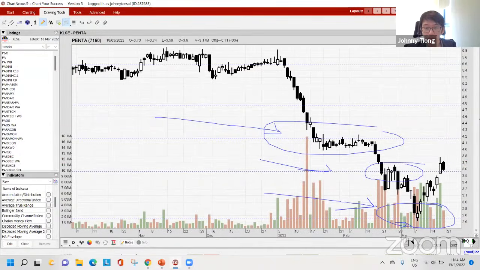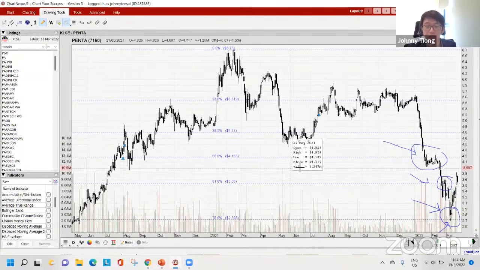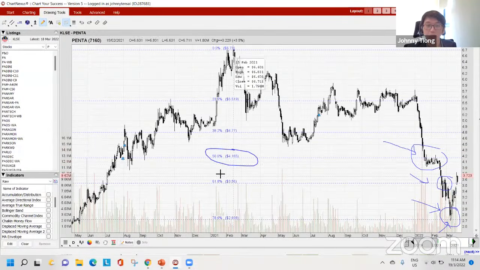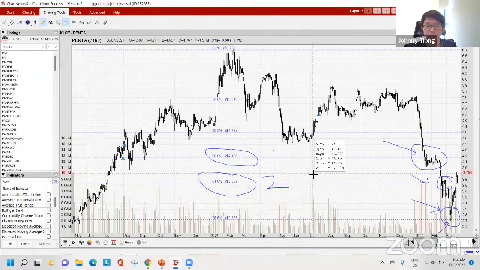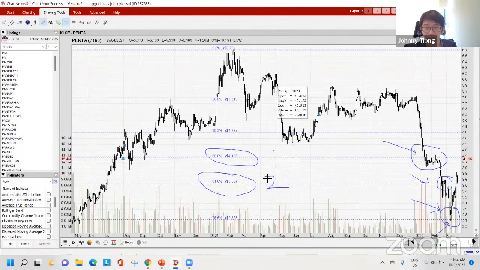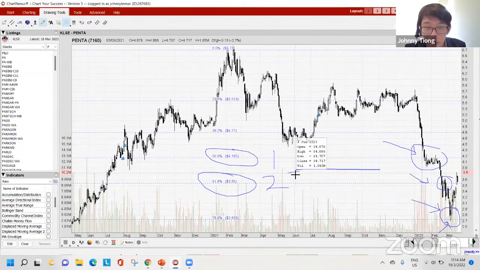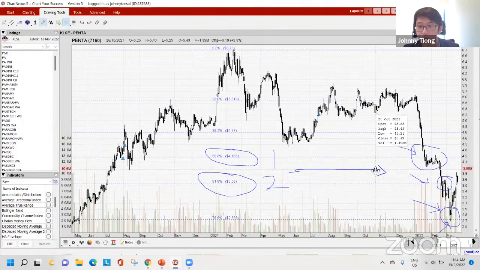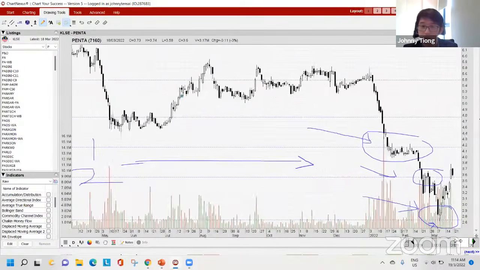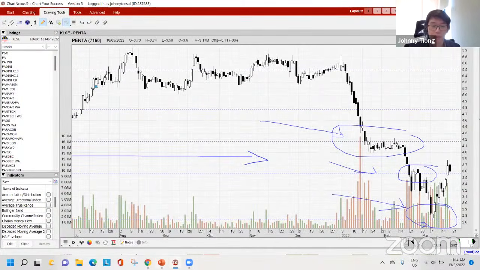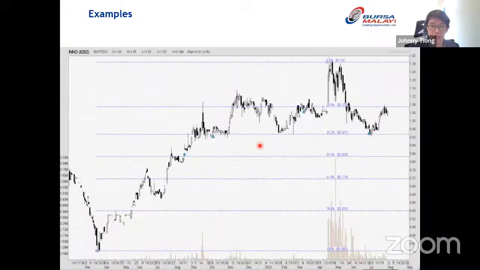So still coming back to my strategy, when it falls to 50%, 62% by Fibonacci, first bullet, second bullet. If you imagine those who buy at 50% and 62%, your average price is around 3 point something, 3.9 or 3.8. Maybe next week we can see it successfully go up to 4. We never know.